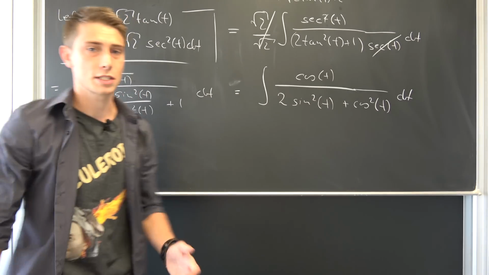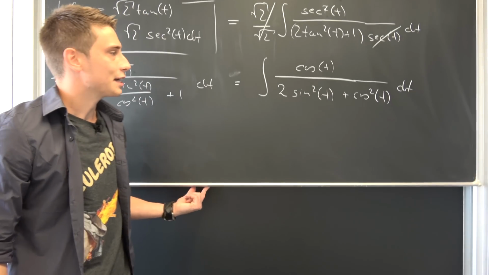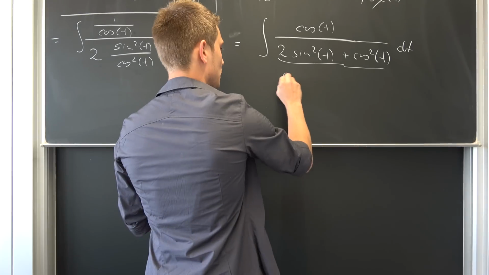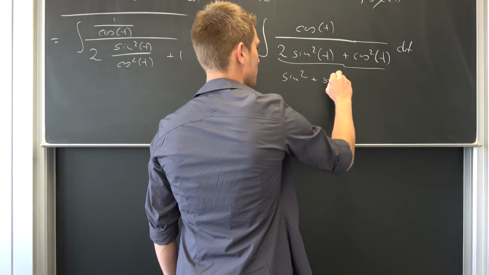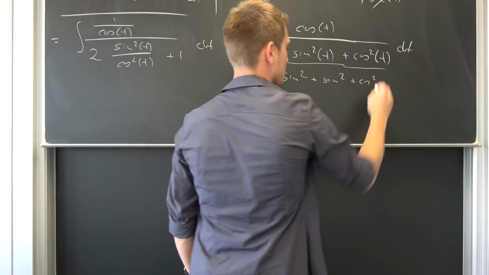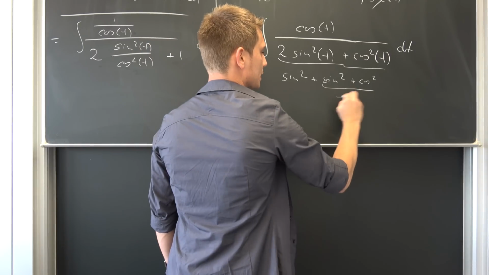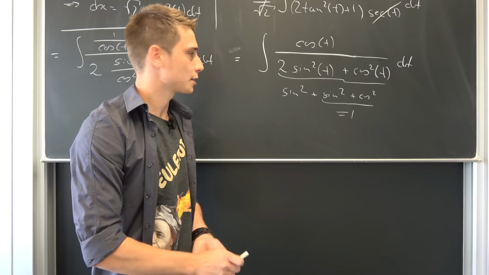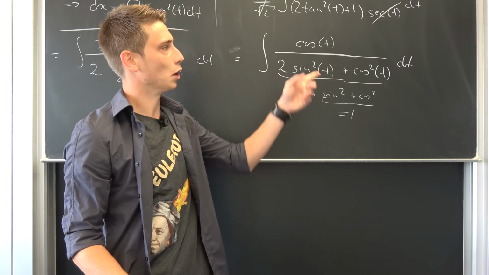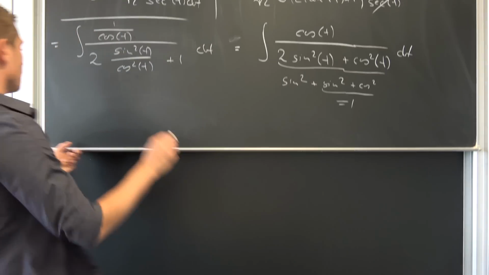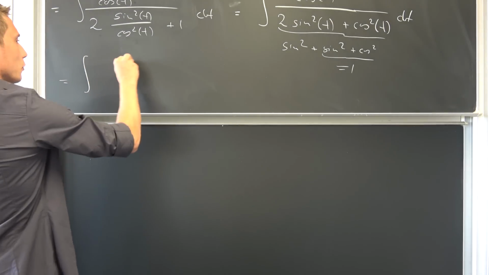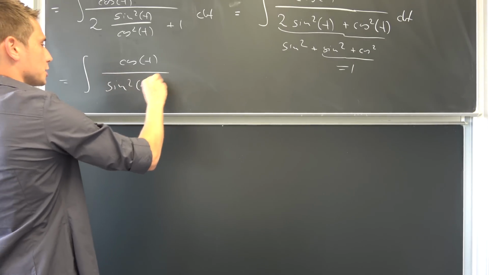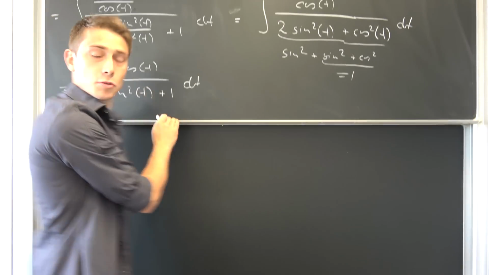Okay, so most of the stuff is already done. That was quite easy. And you see, if you would break this up, this denominator is nothing but sine squared plus sine squared plus cosine squared. But you see, this right here is nothing but 1 by the fundamental theorem of trigonometry. And this simplifies our denominator by quite a big margin. So we have the integral of cosine of t over sine squared of t plus 1, integrated with respect to